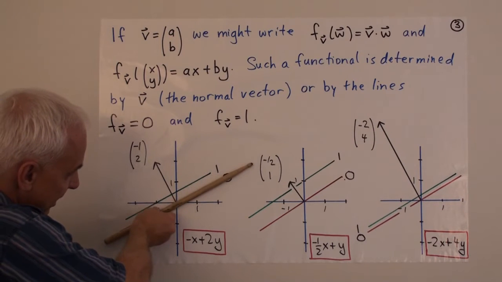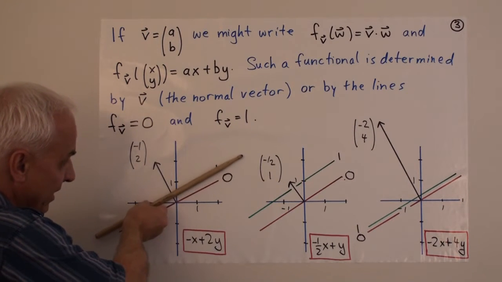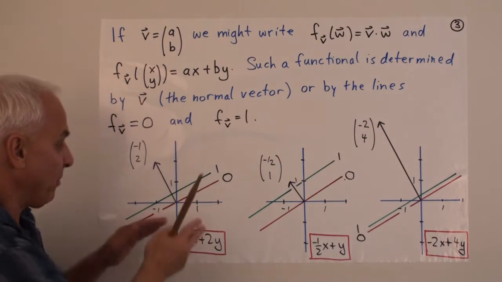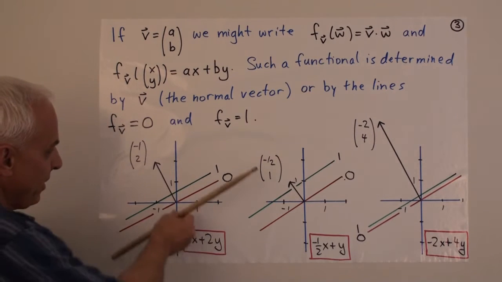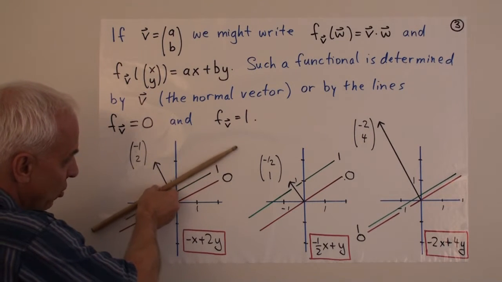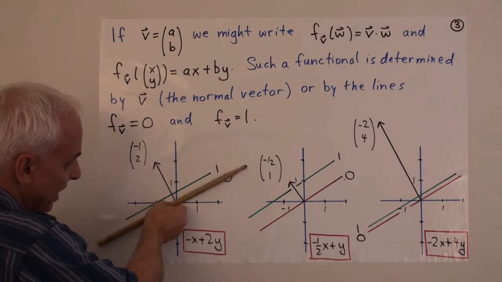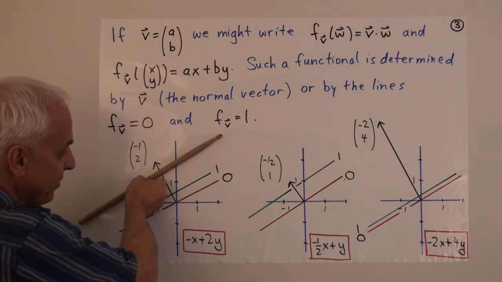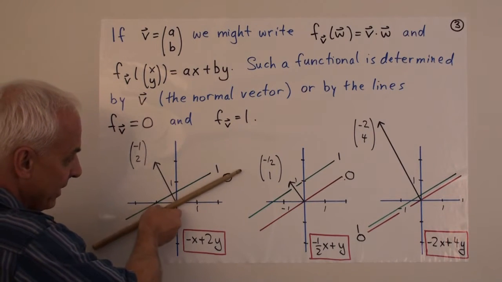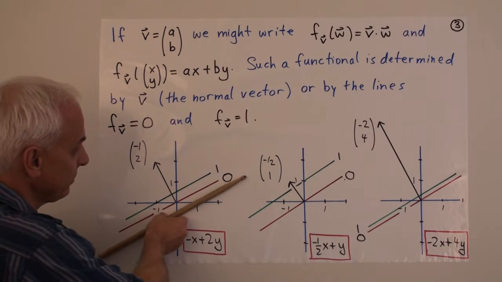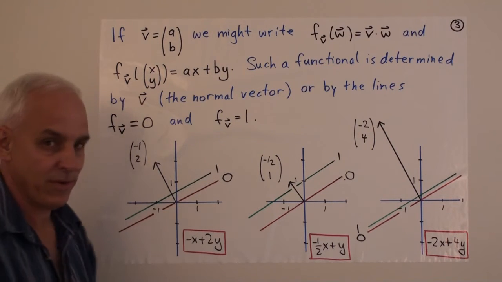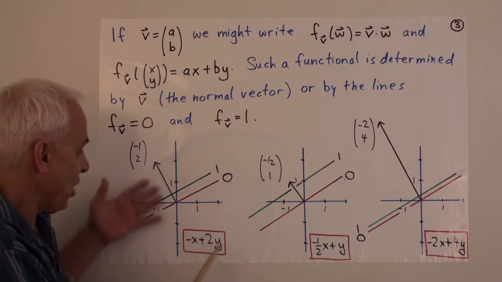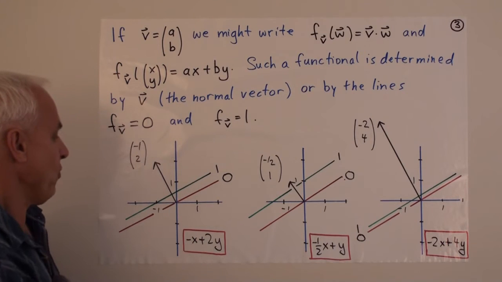So this is the line where the function takes on the value 0. This is the line where the function takes on the value 1. And that's all we need to know in order to completely understand this linear functional. If we want to know other values, we just go correspondingly up or down. So that's the value 0, that's the value 1, then an equal distance will be value 2, another equal distance will be value 3. In this direction would be value minus 1. Of course, halfway in between would be the value 1/2, and so on. And as an actual function on the plane, this is the function minus x plus 2y.